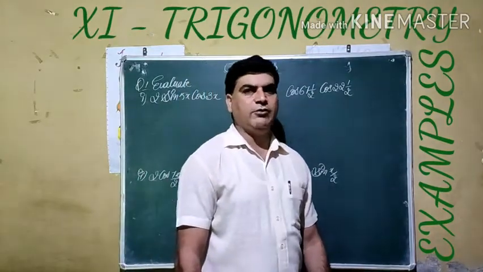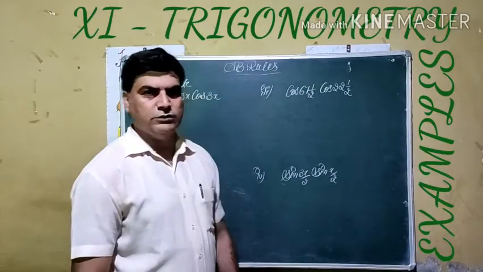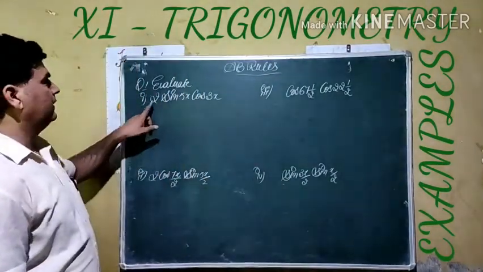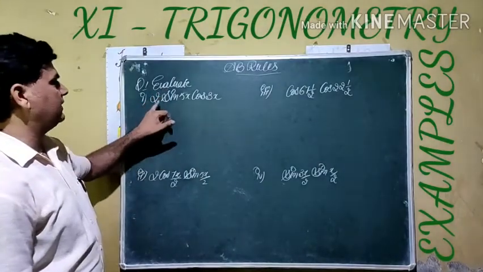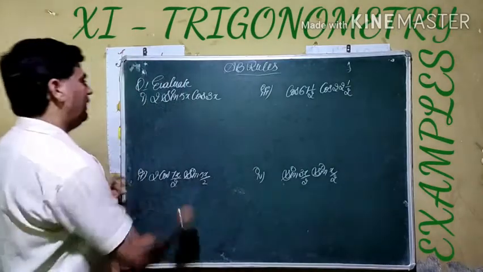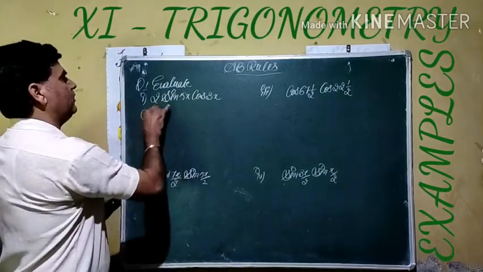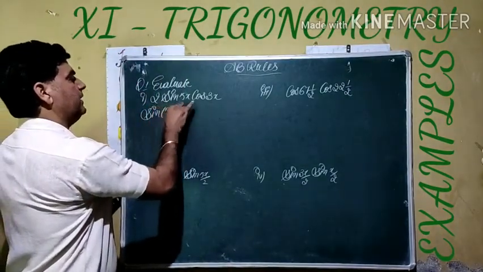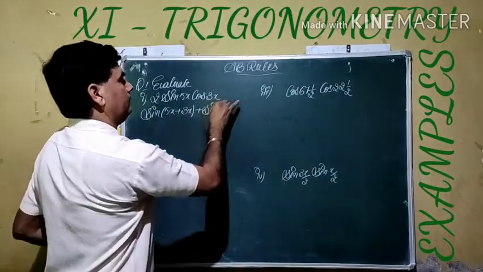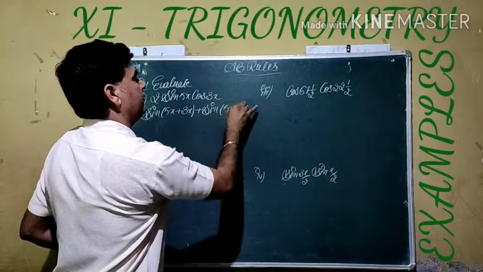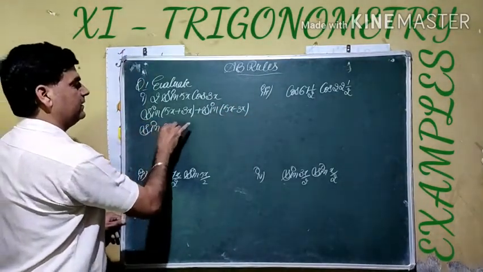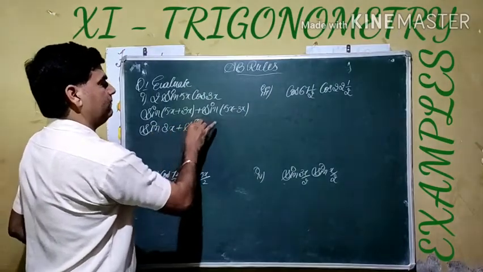In this lecture we are going to use the product-to-sum rules with the help of some examples. Here we are taking example number 1. Evaluate the following values. In this we have a 2 sin A cos B like formula, which is given by sin of A plus B plus sin of A minus B. If we use it, after simplification we get sin of 5x plus 3x, meaning 8x, plus sin of 5x minus 3x, given by 2x.